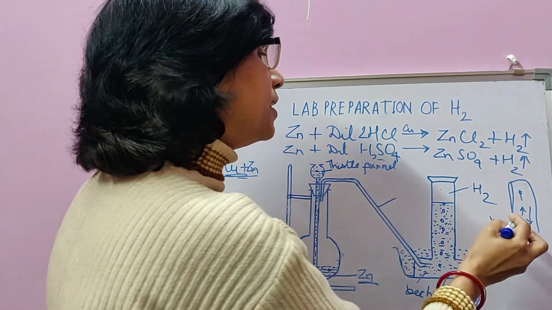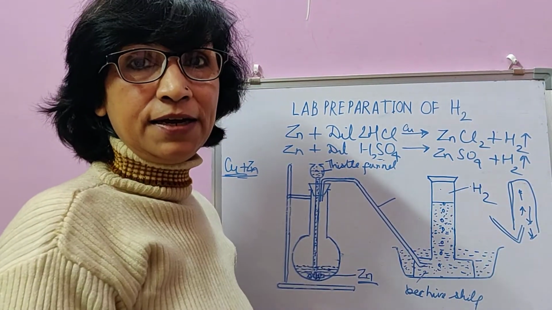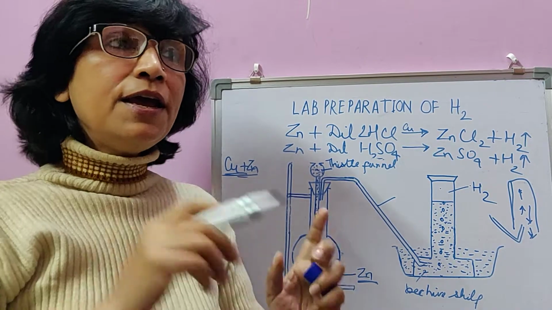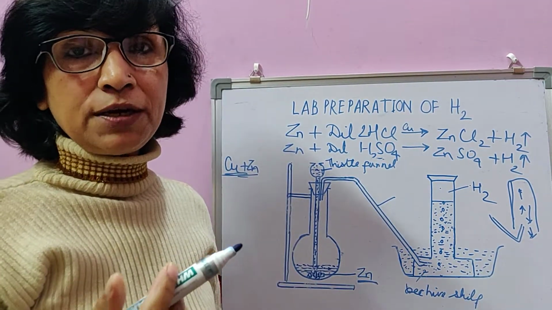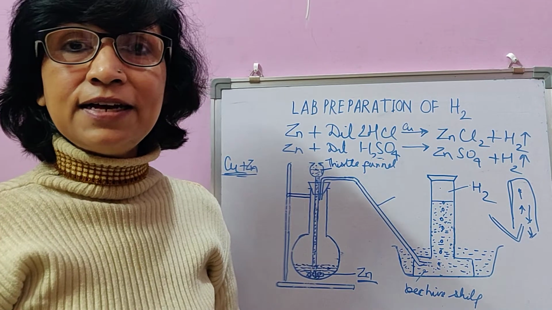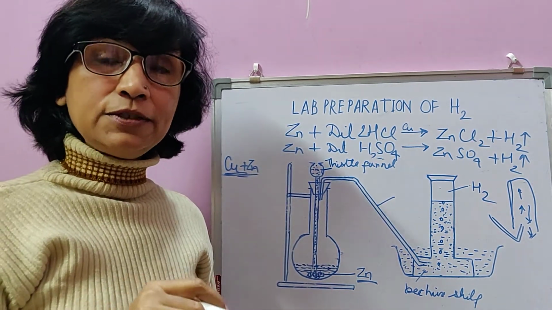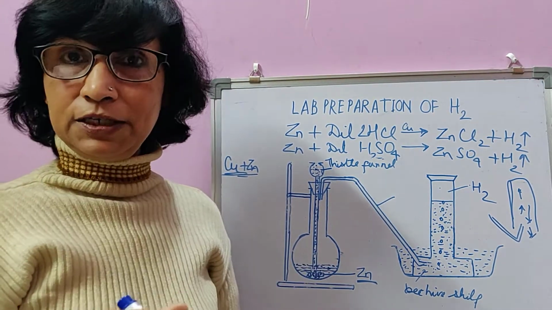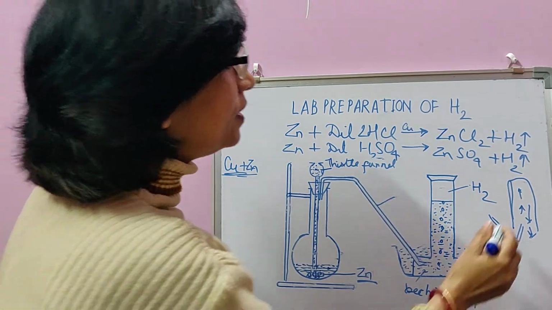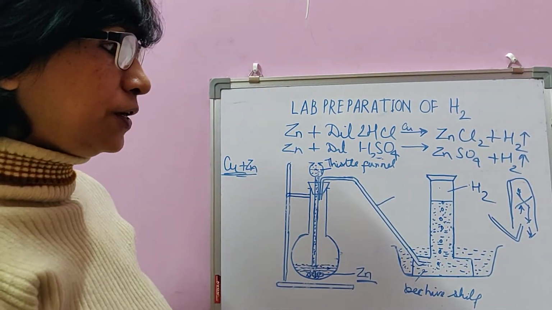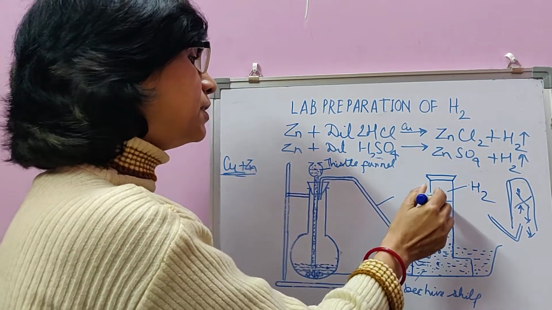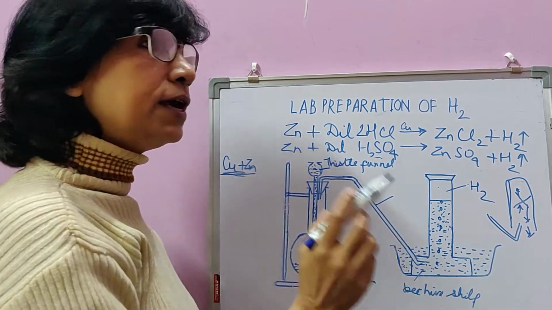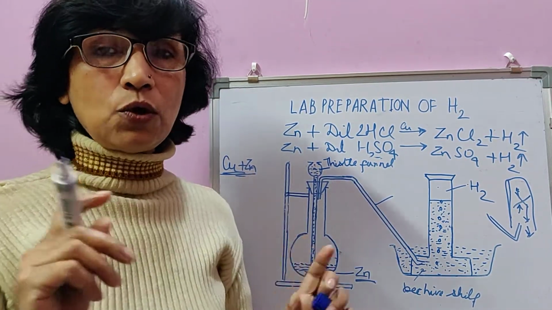The reason is that when hydrogen mixes with air, the mixture of hydrogen and air is explosive in nature, and the more air in proportion, the more explosive and dangerous the reaction. That's why a mixture of hydrogen and oxygen is said to be a detonating mixture. So we don't want hydrogen to get mixed with the air in good amount, and that's why we do not use this method of downward displacement of air, but we use downward displacement of water for two reasons. Hydrogen is lighter than water, and second, hydrogen is almost insoluble in water.